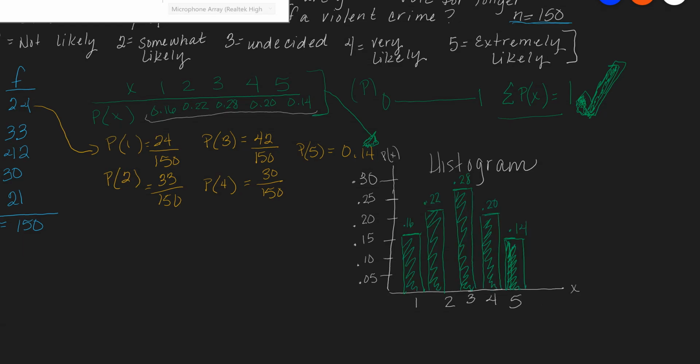Hopefully you've had a moment to fill in your histogram. This is a probability distribution histogram. And I went ahead and labeled the different probability of x above each bar, because I could be asked a question like, what is the probability of the event that someone answered somewhat likely or undecided to this survey question? Well, if they answered somewhat likely, that was a number 2. Undecided was a 3. And if I have the scores here above my bars, well, I know that the probability that a score was 2 or 3